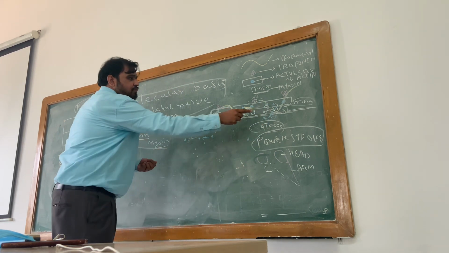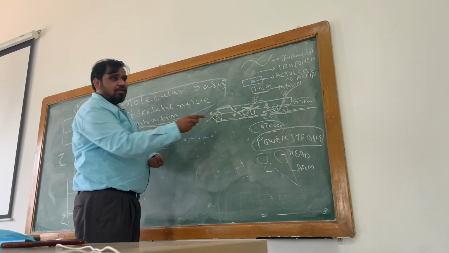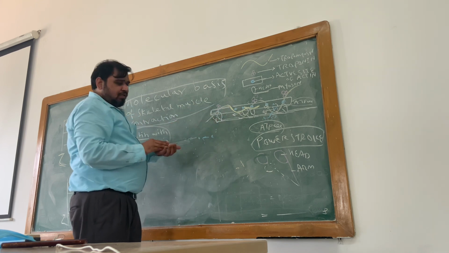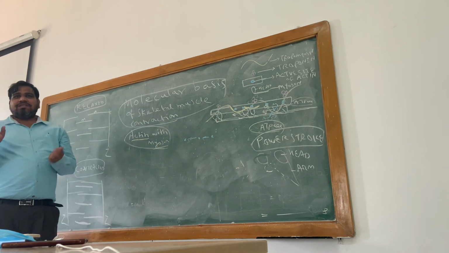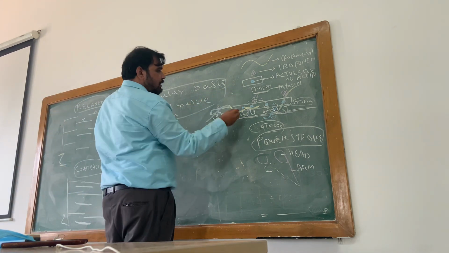So these active sites keep on moving, but now because of this tropomyosin, the first step itself is blocked. There is a barrier between actin and myosin. So this is the relaxed state. I hope you all know that calcium is essential for skeletal muscle contraction. Now I will tell how calcium works. What happens?